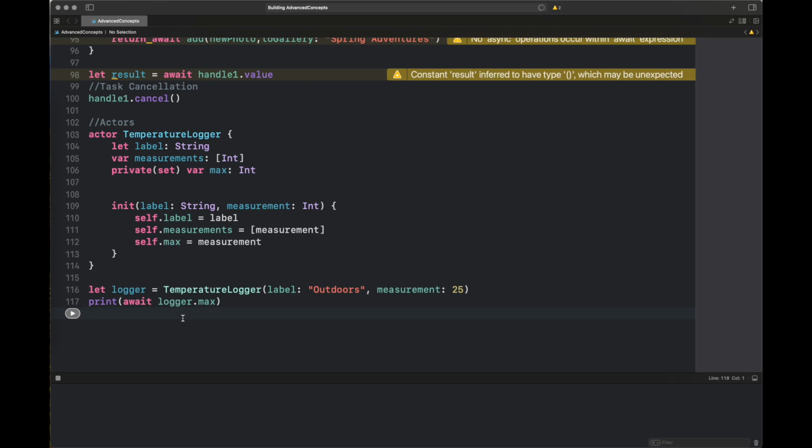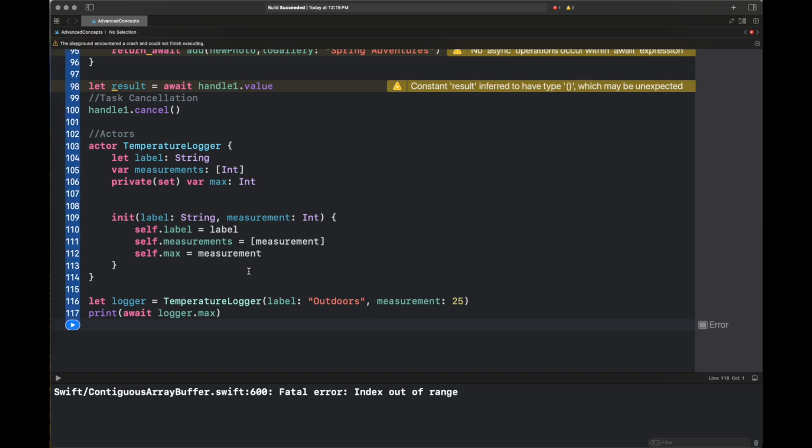Here you can see that we have created a property with the name which is only updated using this actor object. So when I am going to print the value, I am going to use the await statement, which is a suspension point, and that allows only one thread to enter into this actor at a single point in time. So here I